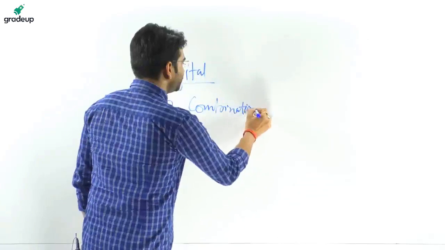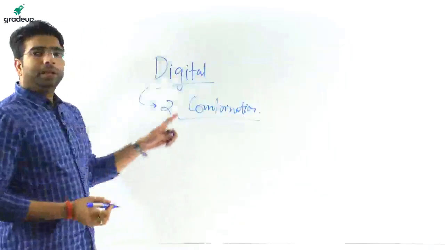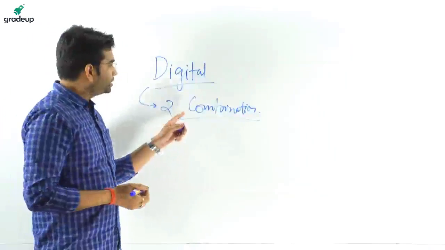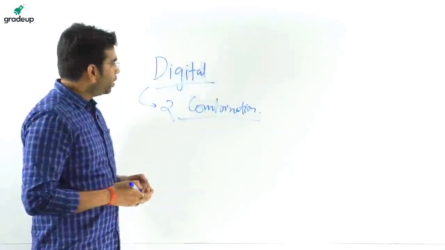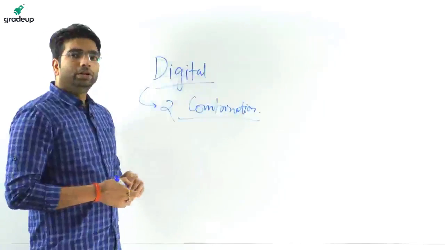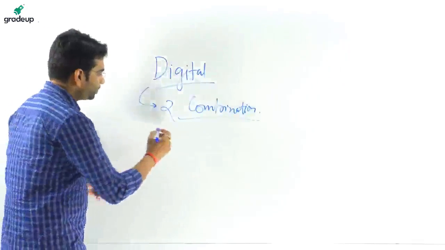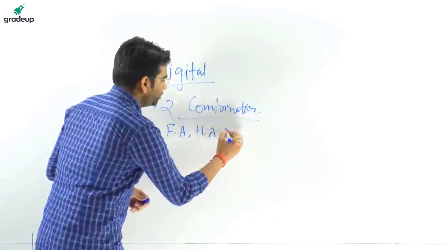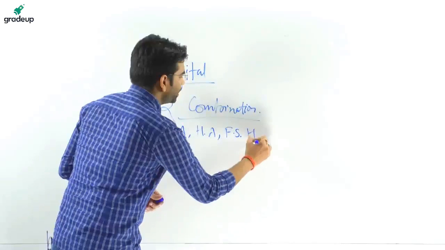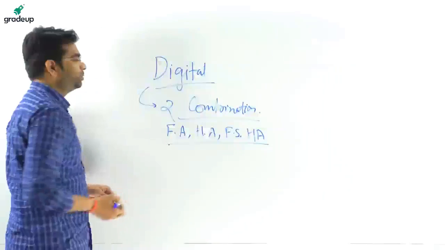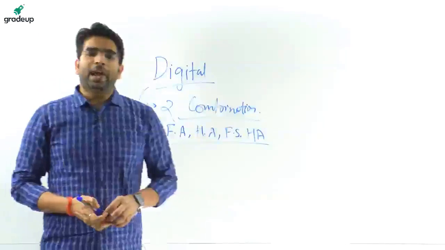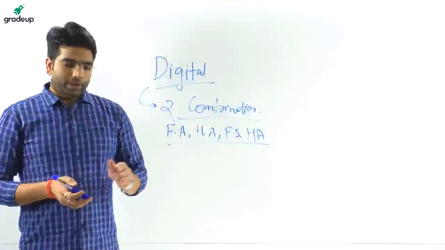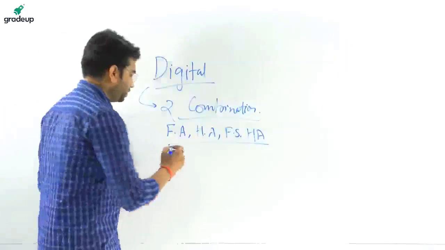Okay, dear friends, I will be dealing with NAND gate, why NAND gate is used as a universal gate, and NOR gate as a universal gate, and also different circuits like full adder, half adder, full subtractor and half subtractor for you all at this place, okay? And we will be having MCQ questions at the end of the session, okay?